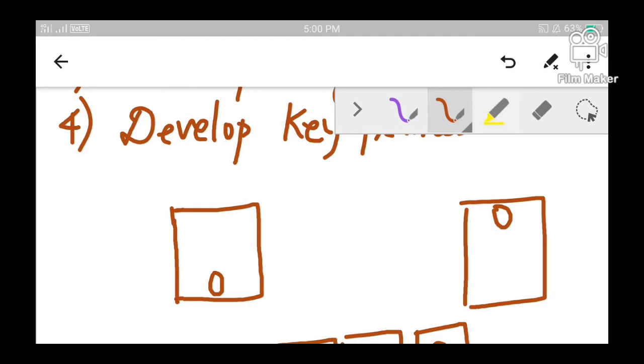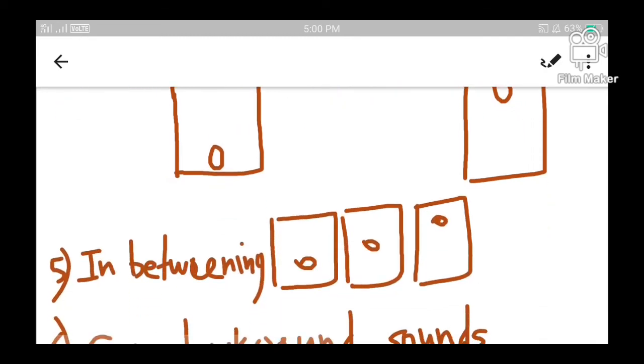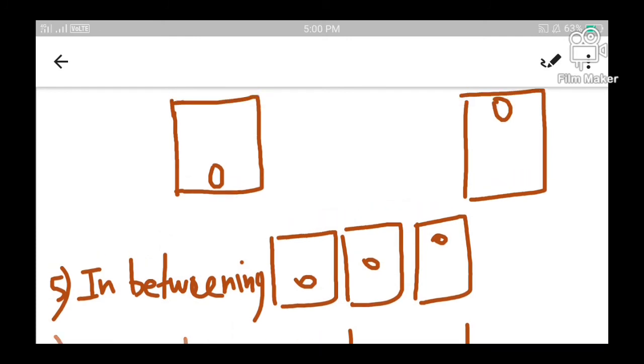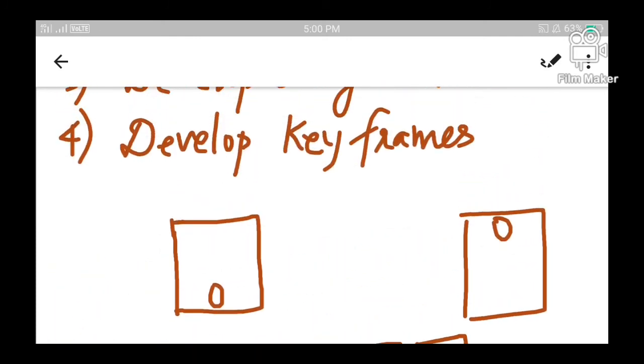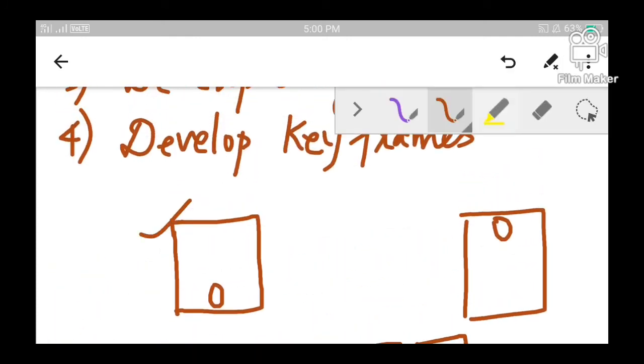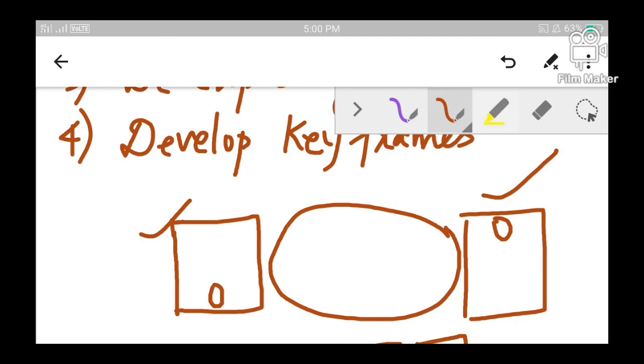So after specifying keyframes or main scenes, we will be performing in-betweening. What is in-betweening? In-betweening means once you know the keyframes, developing or generating all the frames that would come in between.